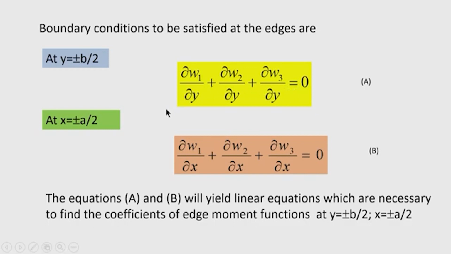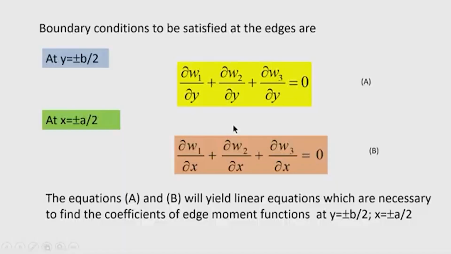Similarly, the slope in the x direction should be 0 at the edges. So, x is equal to plus minus a by 2, del w 1 by del x plus del w 2 by del x plus del w 3 by del x equal to 0. So, we are getting two equations, and these two equations will yield linear equations which involve the coefficients of the moment series. Okay. The moment is expressed as E1, E2 etcetera in the Fourier series form. So, we will get the coefficients E1, E2 etcetera, and the general term of the coefficient Em or En in